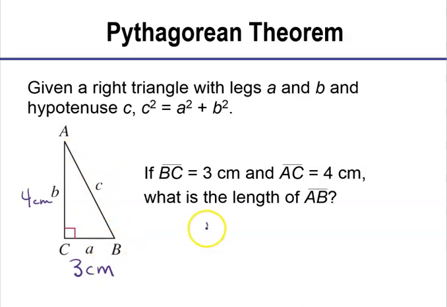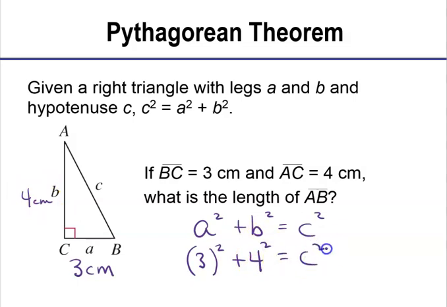So if I use the formula A squared plus B squared is equal to C squared, again I encourage you to write it down every time you use it, then A squared is going to be 3, and I'm going to leave off the centimeters. Okay, now you could include it in there, that would be 3 centimeters squared. And we'll talk about that, but it's really not required. You're finding a length, so it's also going to be in centimeters. Plus B squared, notice we have the other leg, which is 4 squared,